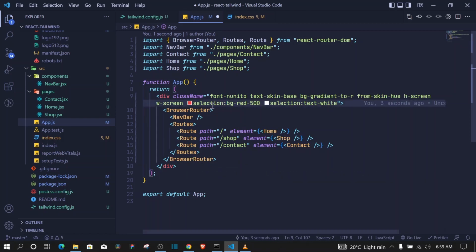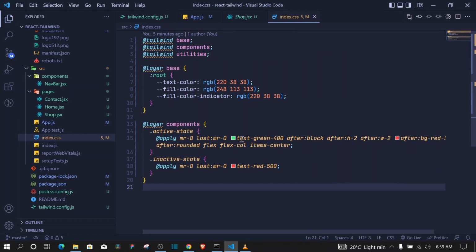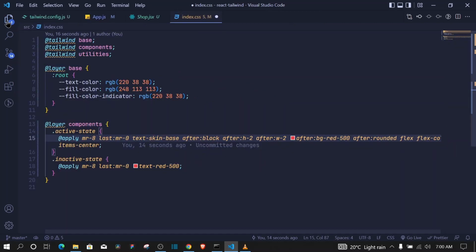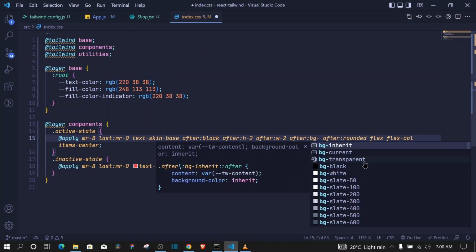Okay, and then right here we have selection. We don't need to edit that. You can edit it if you want, but I'll let it be that way. Index.css file. So we need to edit this here. Now this was for our navbar. So the first thing is this text color. Now we should make use of skin-base, and then the after. So we had this bg red color here, so we should fix these to bg-